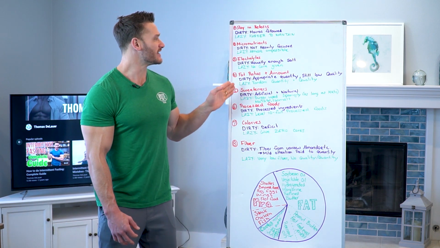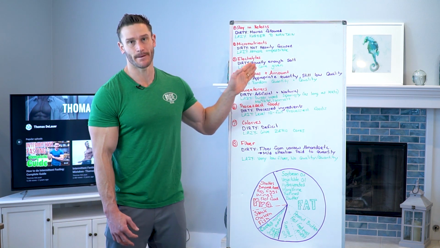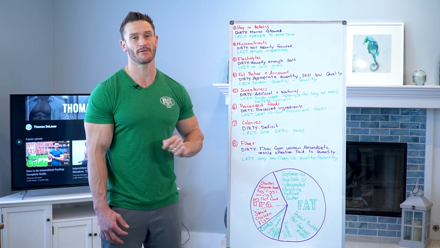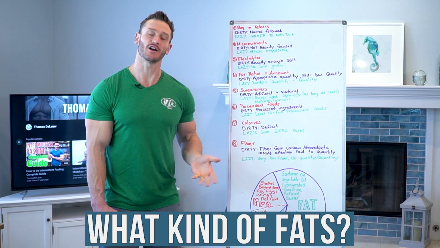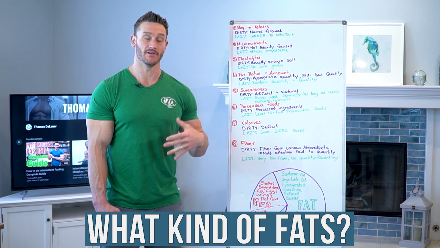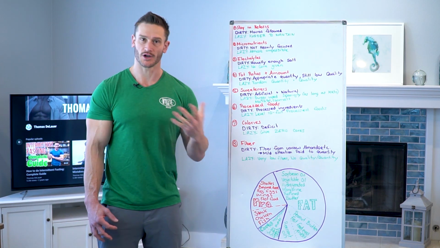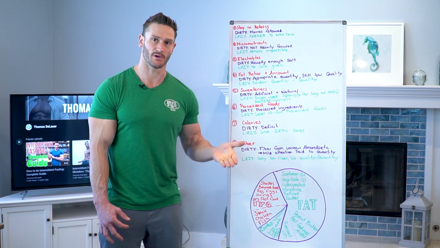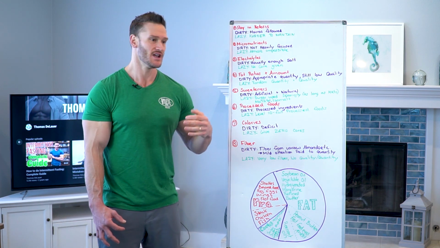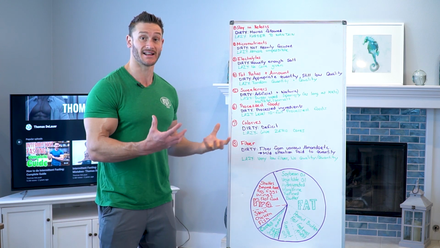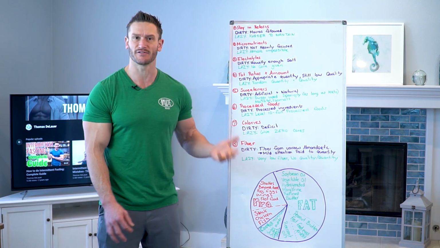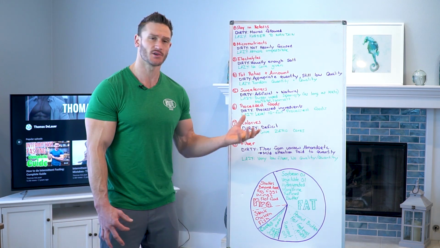Number 4 is going to be the fat ratios and the amounts. Now what I mean by fat ratios is what kind of fats. Not all fats are created equal, right? You have healthy fats like olive oil, like coconut oil, things like that. And then you have terrible fats like hydrogenated fats and all these other bad fats that aren't going to be good. High omega-6 oils, sunflower oil, soybean oil, that we don't want a lot of.